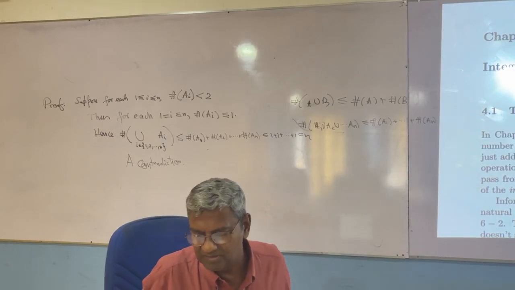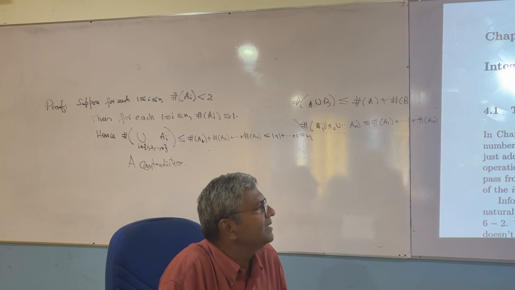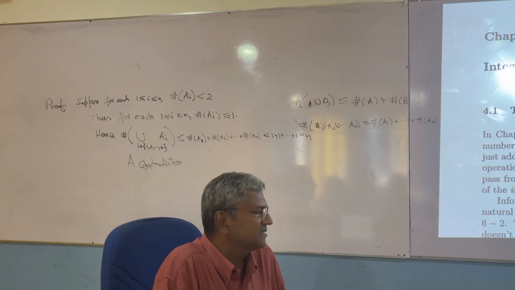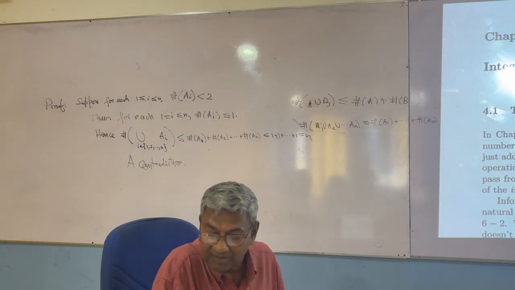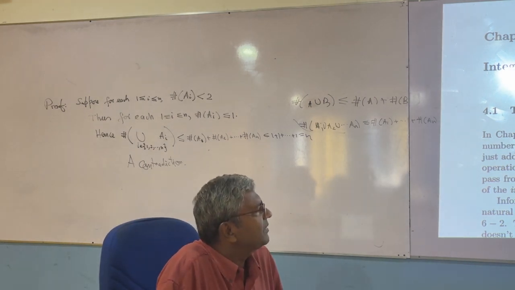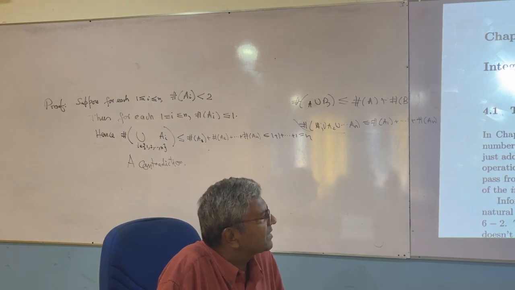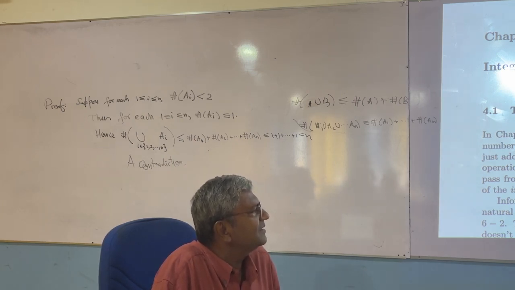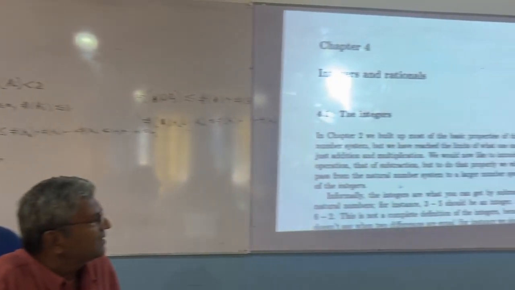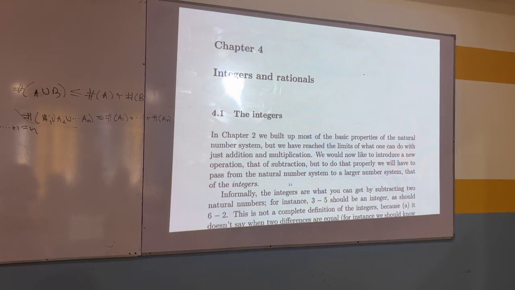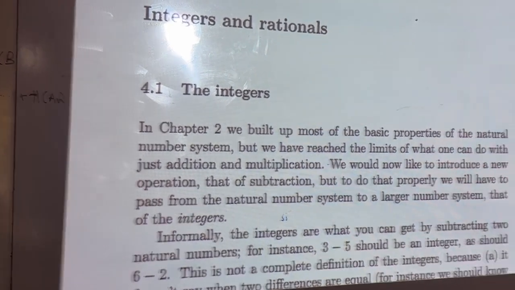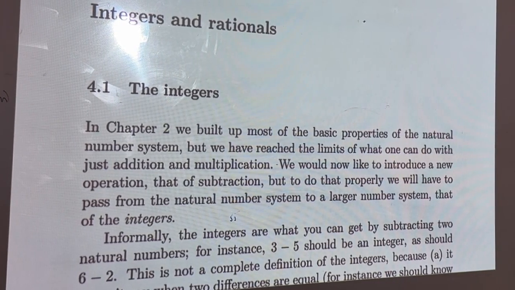Integers and rationals. So far we have defined actually only what he calls natural numbers, the set consisting of 0, 1, 2, etc. In chapter 2, we build up most of the basic properties of the natural number system. But we have reached the limits of what one can do with just addition and multiplication. We would like to introduce a new operation, that of subtraction. But to do that properly, we will have to pass from the natural number system to a larger number system,